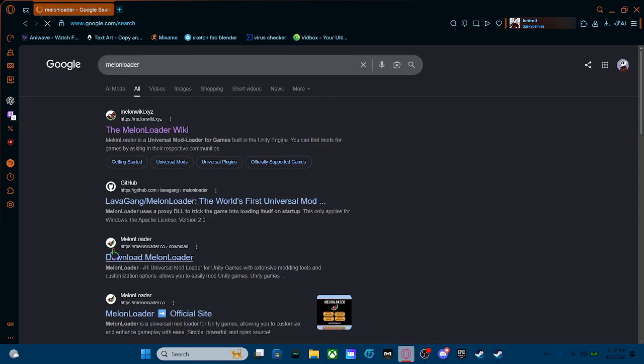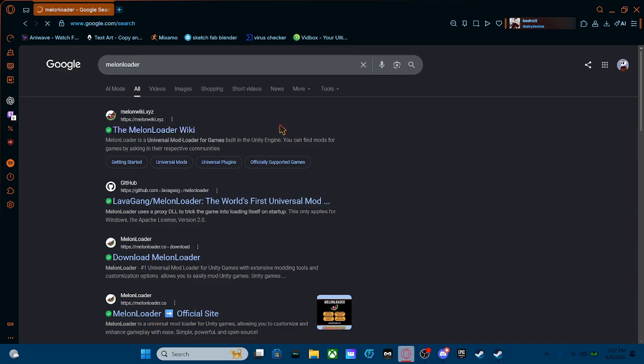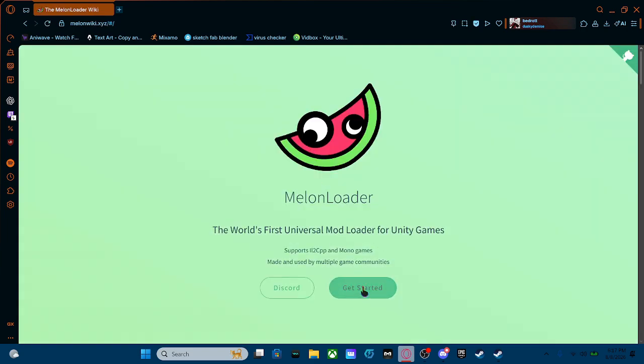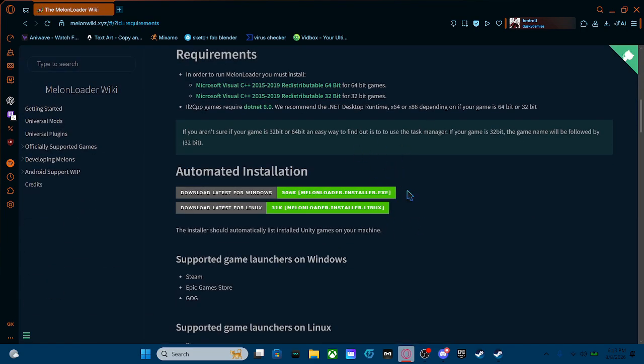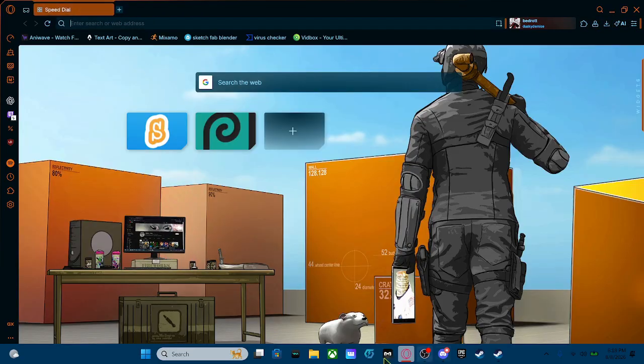loader. You're going to click on the Melon Loader wiki. Don't worry, this is not a virus. I've done it. You click Get Started, and it should take you here. You're going to click Download Latest for Windows. That shouldn't take too long. Then,